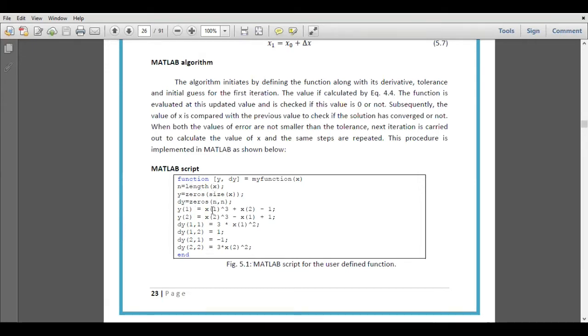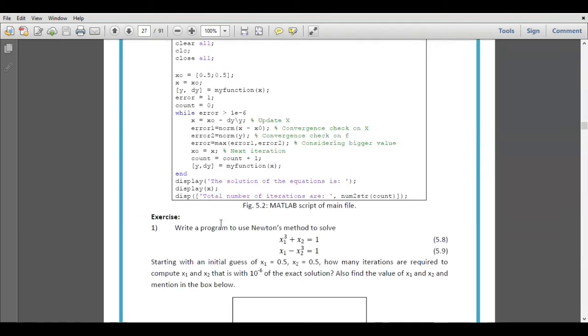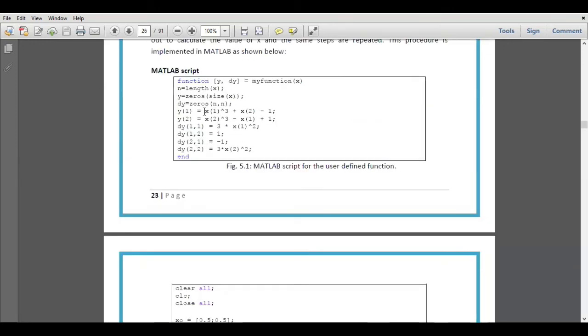Here y1 is representing our first equation, y2 is representing our second equation, and this is our first equation. This one will be shifted towards the left, and again this one is also shifted towards the left, and at the right sides of both the equations we will have 0. These two equations are written in this way in this function m file,